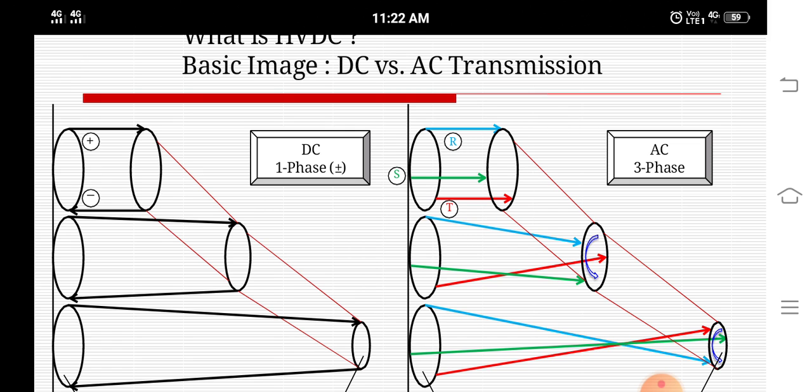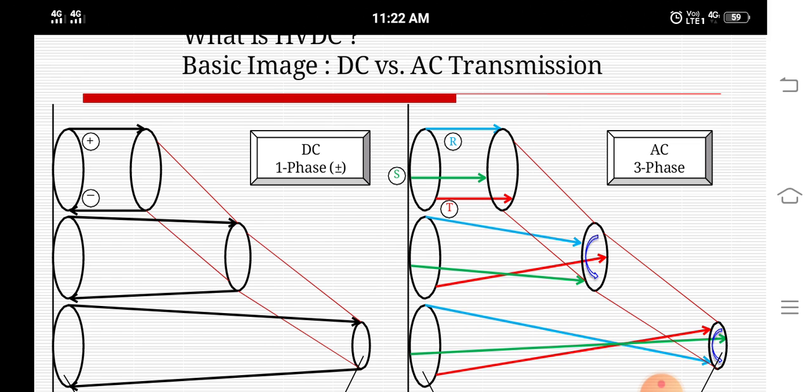Then the absence of skin effect with DC is also beneficial in reducing power loss marginally. The dielectric losses in the case of power cables are also very low for DC transmission. HVDC also has a reduced corona effect, which tends to be less significant on a DC conductor than on an AC one. This also leads to the choice of an economic size of conductor with DC transmission.